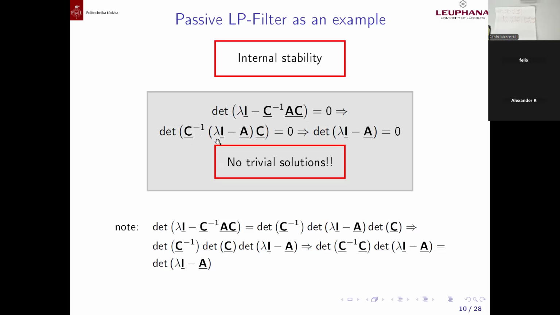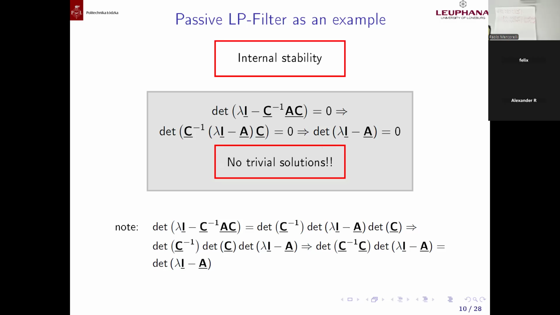It works also if I have a lambda 1 and lambda 2. Just more generally, I didn't consider lambda 1 and lambda 2. And here, of course, remain A, because again, I put in evidence C on the C up to -1 on the left and C on the right. Equal 0 remain. This means determinant of lambda E minus A equals 0, representing not trivial solutions, the condition of